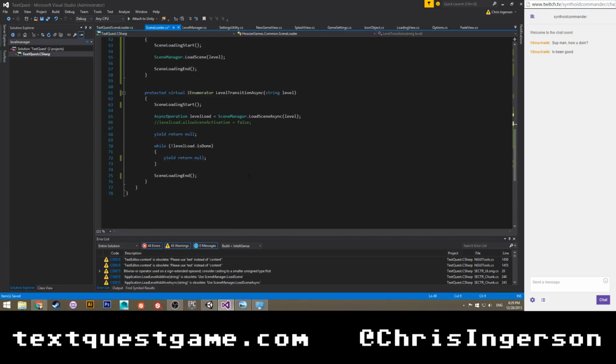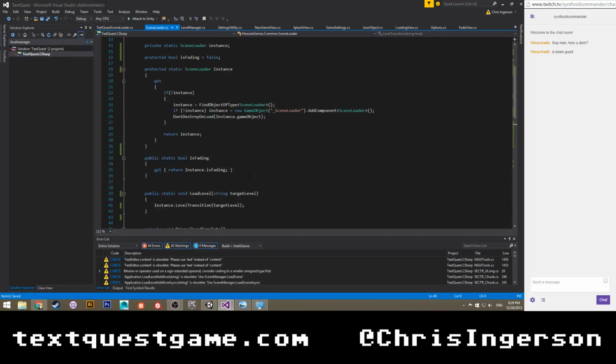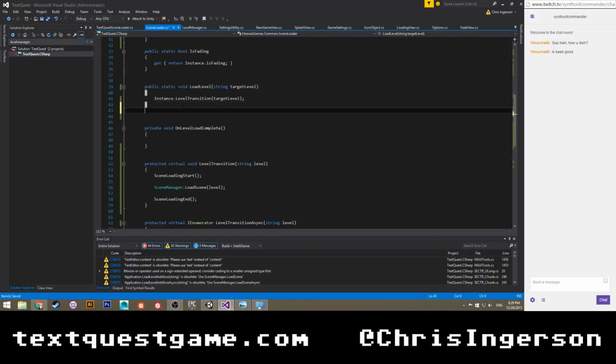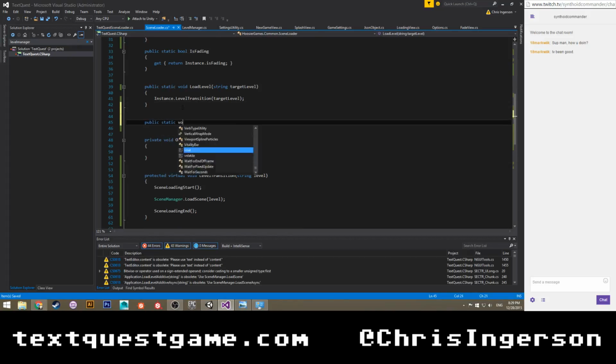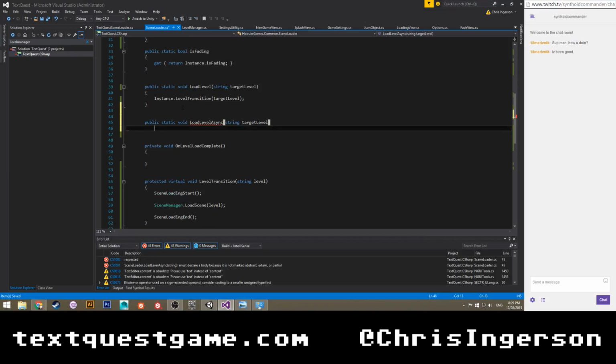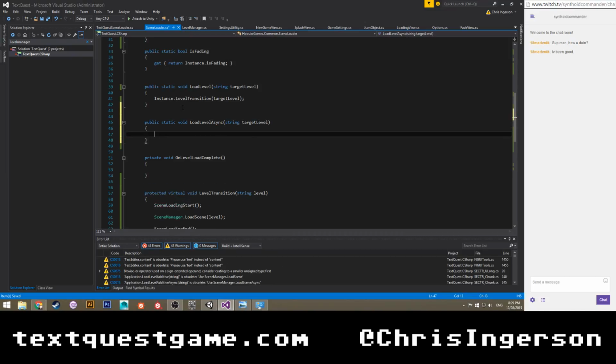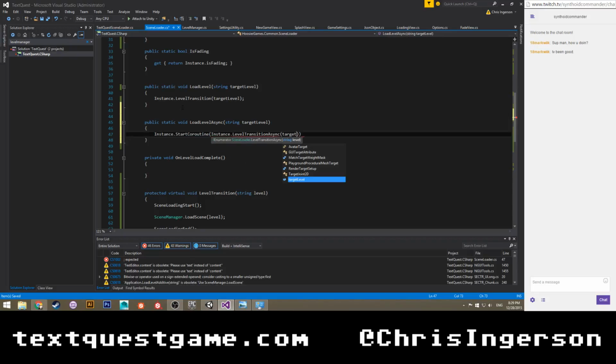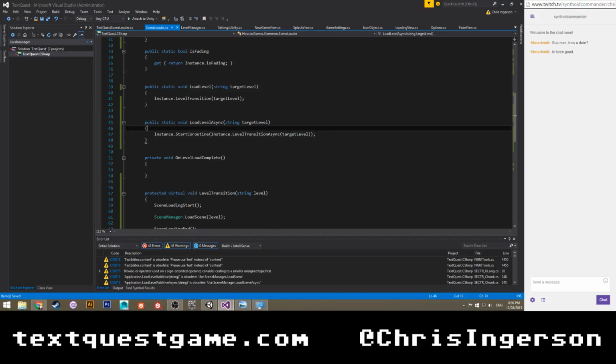Protected virtual, that's all fine. Alright, so now I'm going to have public static void load level async string target level. It's going to be instance dot start coroutine instance dot level transition async target level. All right,